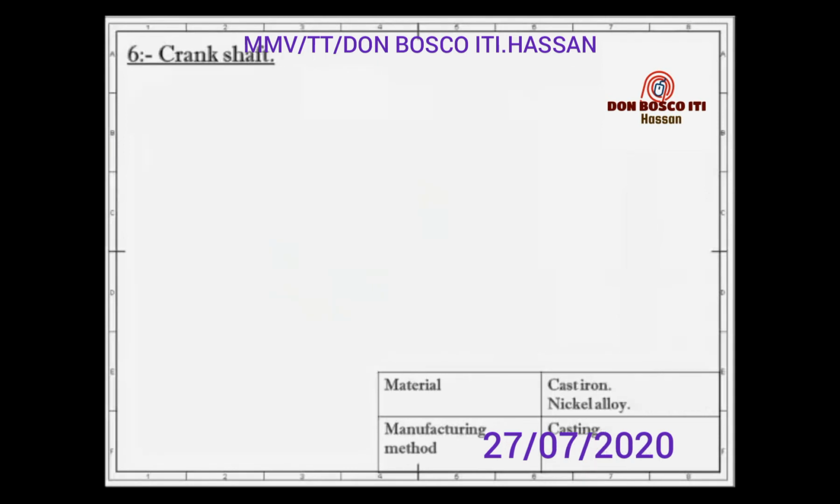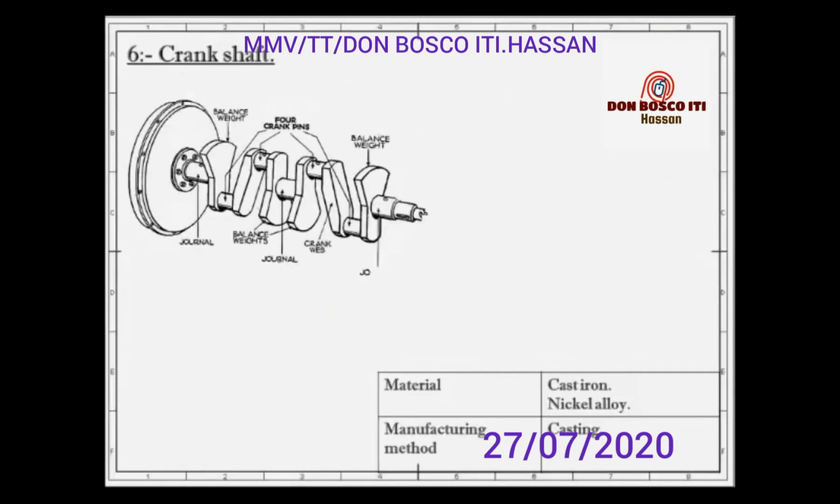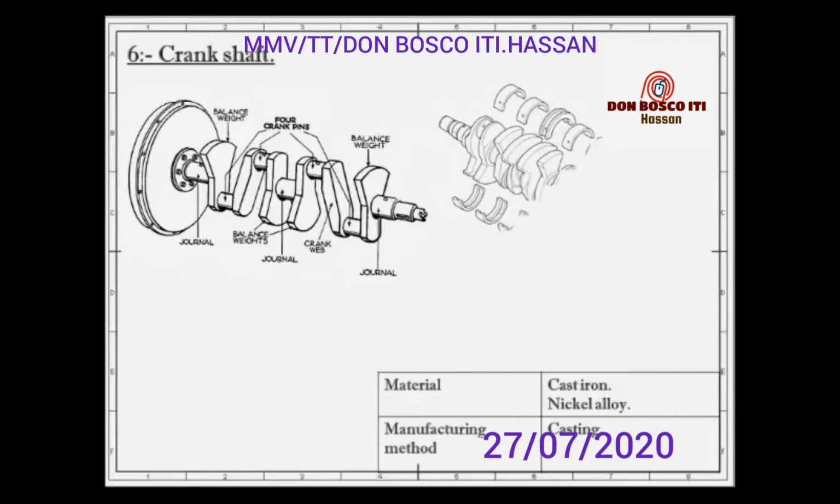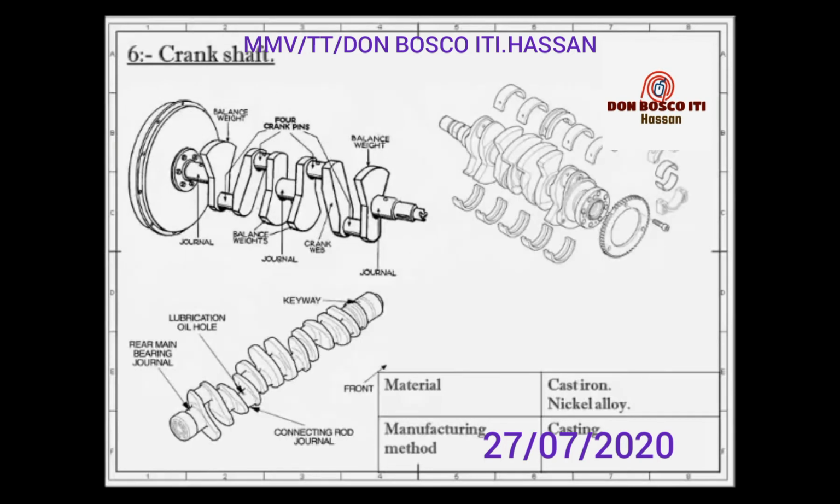Next is the crankshaft. It is considered the backbone of an I.C. engine, whose function is to convert the reciprocating motion of the piston into rotary motion with the help of the connecting rod. This shaft contains one or more eccentric portions called cranks. The crankshaft of an I.C. engine receives the effort or thrust supplied by the piston to the connecting rod and converts the reciprocating motion of the piston into rotary motion of the crankshaft. The crankshaft mounts in bearings so it can rotate freely. As you can see in this figure,